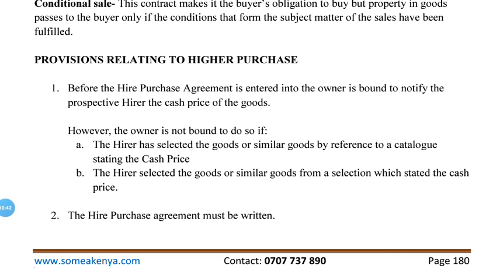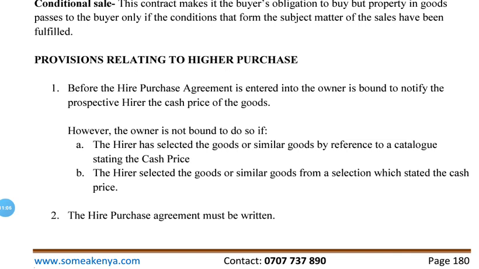However, the owner is not bound to do so if the hirer has selected the goods or similar goods by reference to a catalog stating the cash price, or the hirer selects the goods or similar goods from a selection which stated the